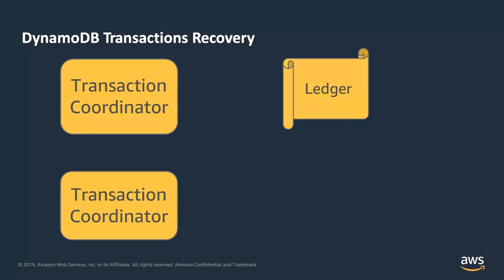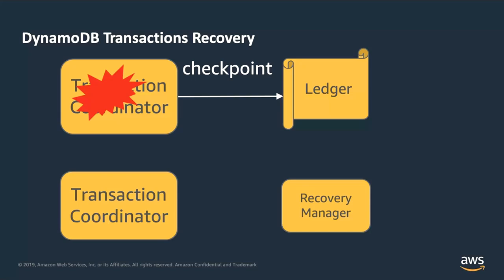You have a ledger where all your transactional requests are stored, and a recovery manager periodically scans this ledger. Transaction coordinators are periodically checkpointing whenever they reach a logical state. The recovery manager is scanning those ledgers, and the goal is to find, in a reasonable amount of time,